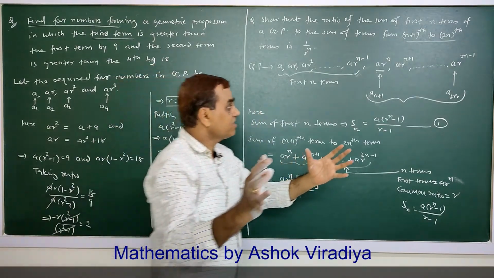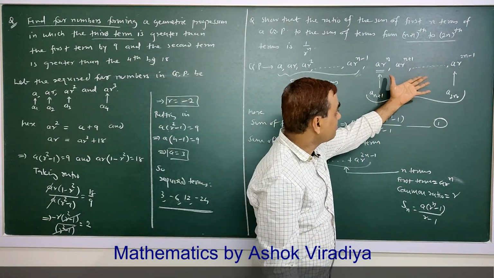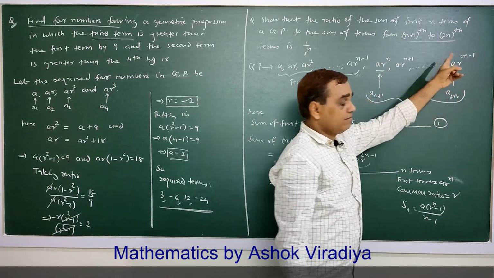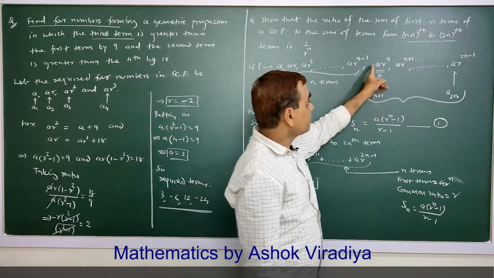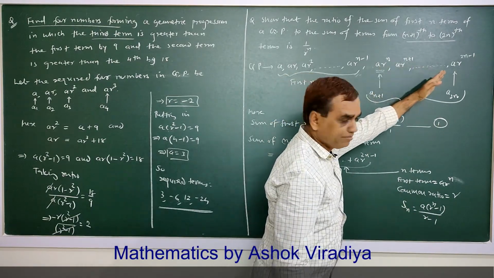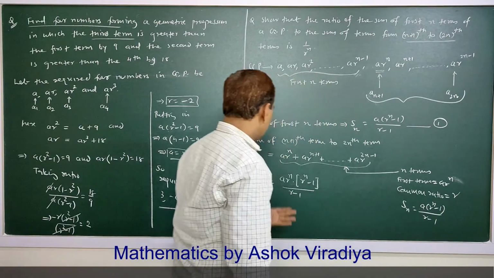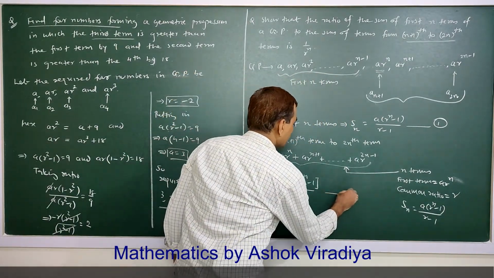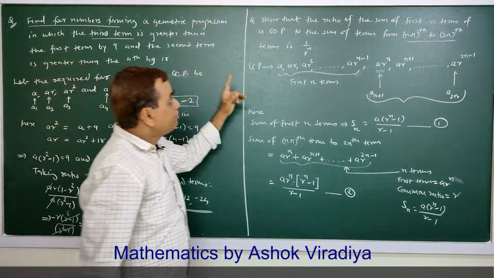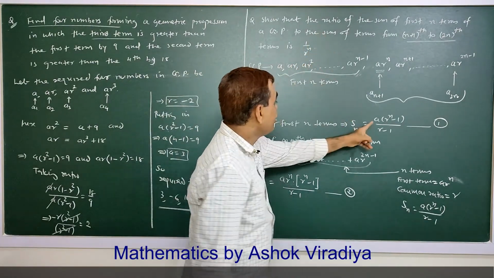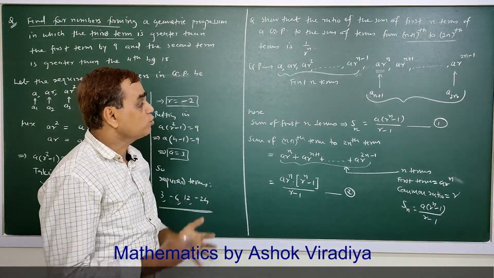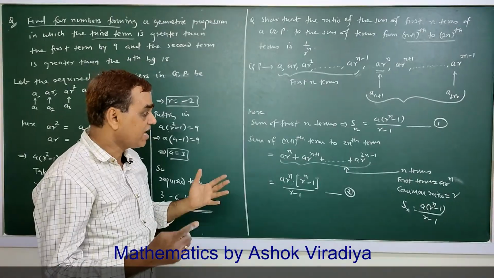Only the difference in calculation to find sum of this part is consider this as a first term and this as last term. First term, that is replace a by this value and ratio is same from the beginning. So this is 2. Now what is required? Prove that ratio of value 1 and value 2, it is 1 by r raised to n.